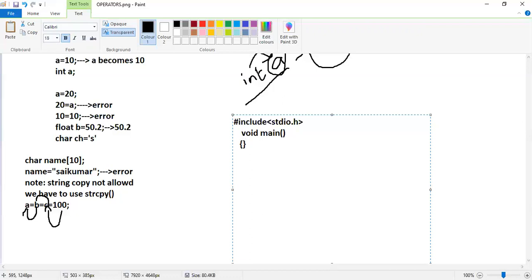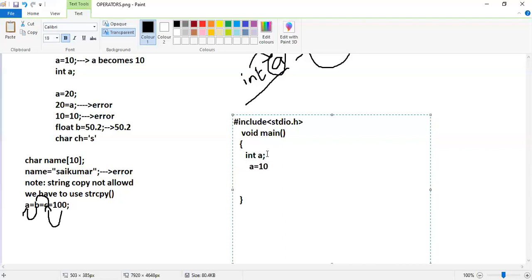Scope is nothing but the open and closed curly braces. Whatever we write inside the curly braces will be executed. For example, I'll take int a as a variable.